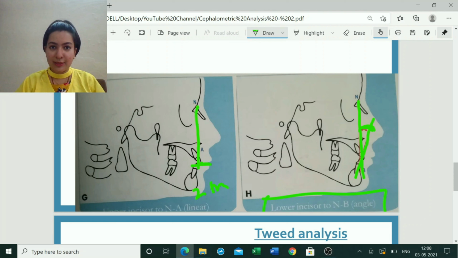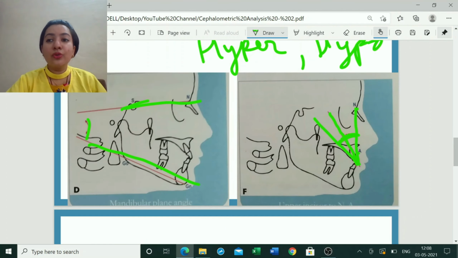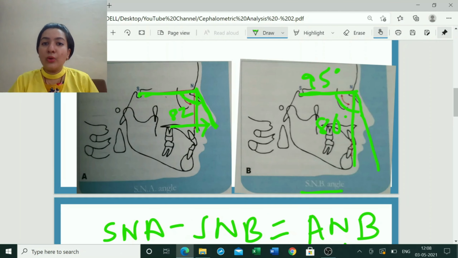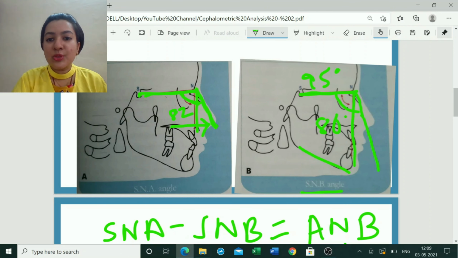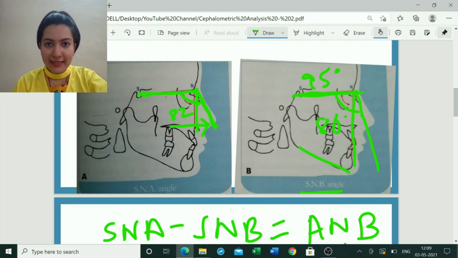on the alveolar base. Okay, so these are all very simple parameters given by whom? Given by Steiner, which tells you about the position of what? Maxilla in respect to the cranial base. How do you get it? In terms of SNA. Next is the position of the mandible in terms of the anterior cranial base. Why? Because you are doing it with respect to SN, sella nasion, which is your anterior cranial base. So the position of maxilla and position of mandible in relation to my cranial base is indicated by SNA and